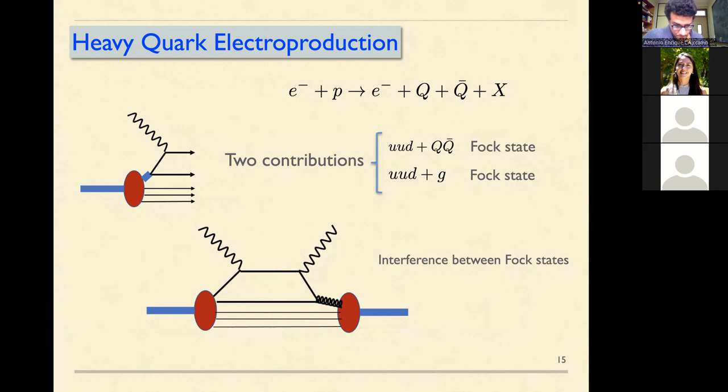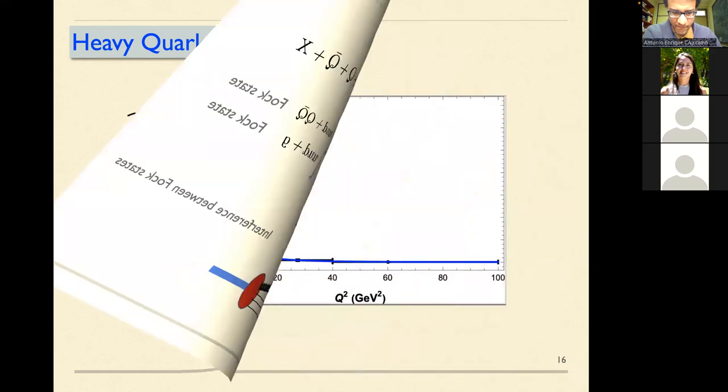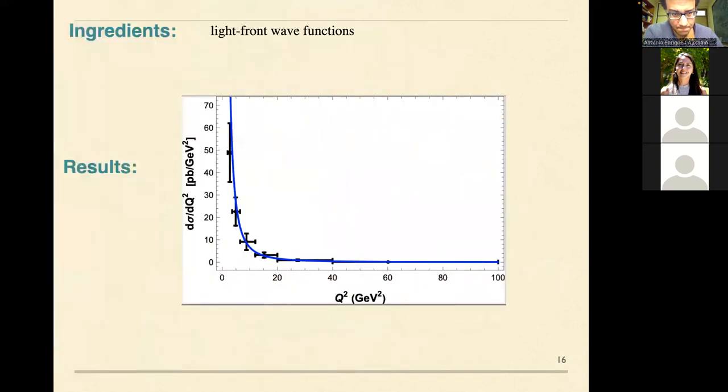So this can be calculated also using the same approach, AdS QCD, and we are working on that right now. And we came out with, I'm going to show you this result. This is a cross-section in terms of Q squared. It works rather well. There is one caveat, which is that the normalization is put a little bit by hand, no? But the behavior is very good. Anyway, this is the next thing I wanted to talk about.